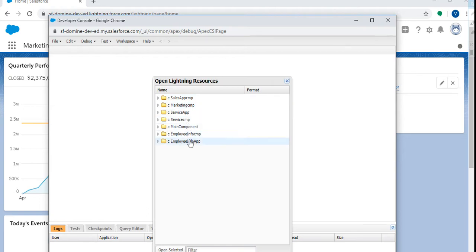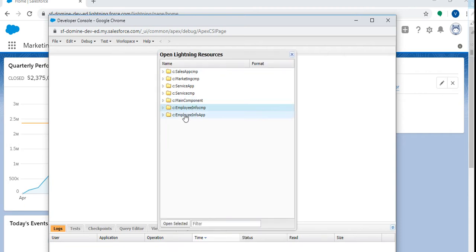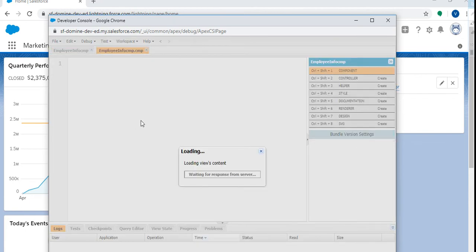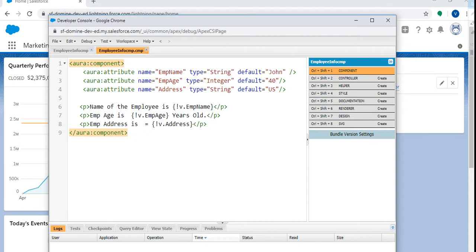Here I already created a component and an application. Select the component first, we will see the code. This is the component code, here is my example. These are the attributes: name, type, default.